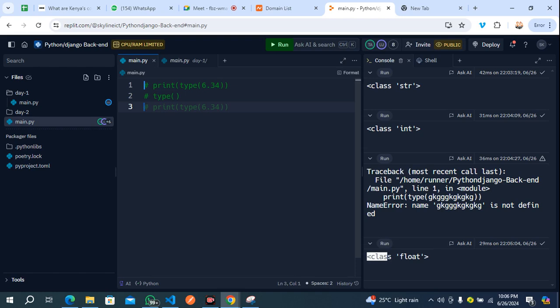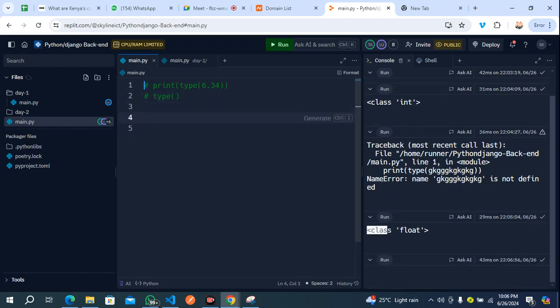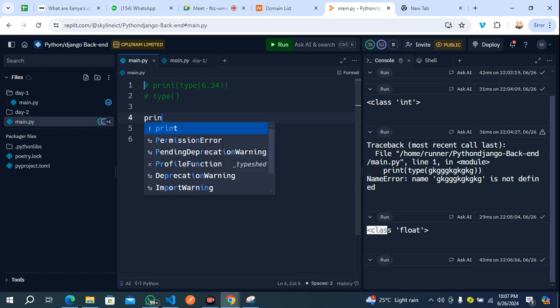So now what we are going to do next is to see the different ways of writing strings in Python. There's one object in Python that they call new line. Most people have used it in JavaScript, and we are going to make use of that new line. So here I have a very long string. Let me print this.